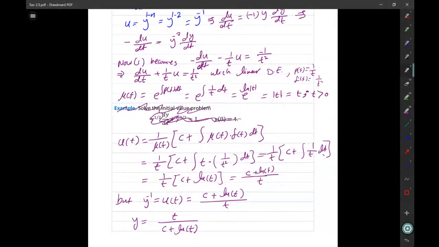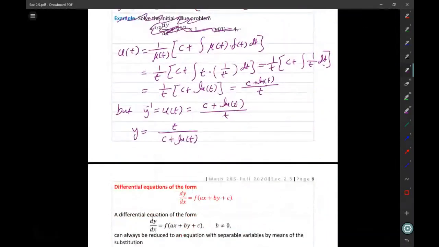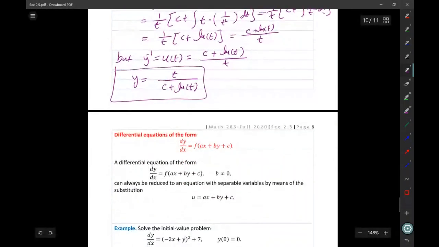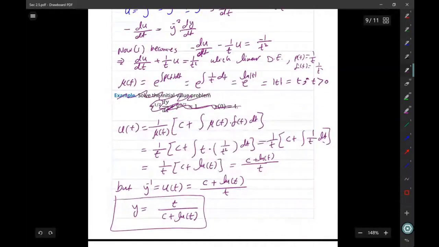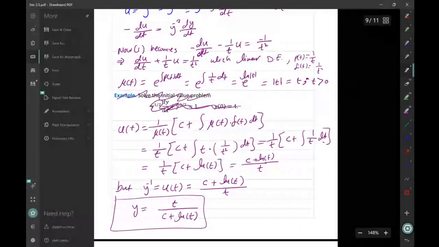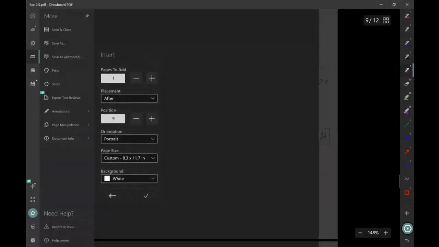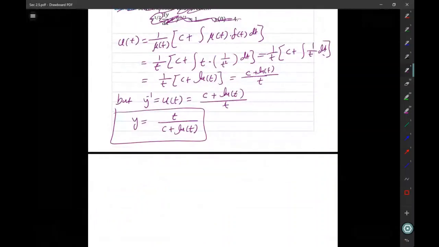All right. We do not have an initial condition here. So this is the solution of my original differential equation. Right. I will put another page to solve that question, since we still have space. The next example says that